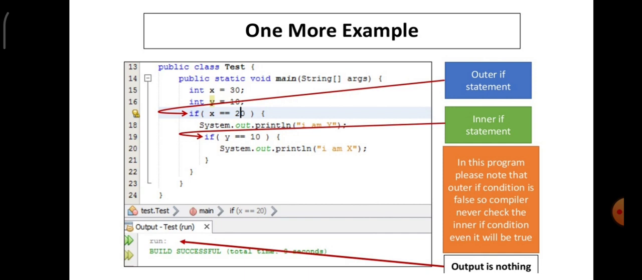Now look at the outer if. X is equal to 30. When you execute that, 30 equal to 20, condition is false. Where is the condition false? Condition is false in the outer if statement. Now it comes to the inner if statement. What is y? Y is 10. Is 10 equal to 10? Condition is true. So it is printing I am x, which is very clearly given